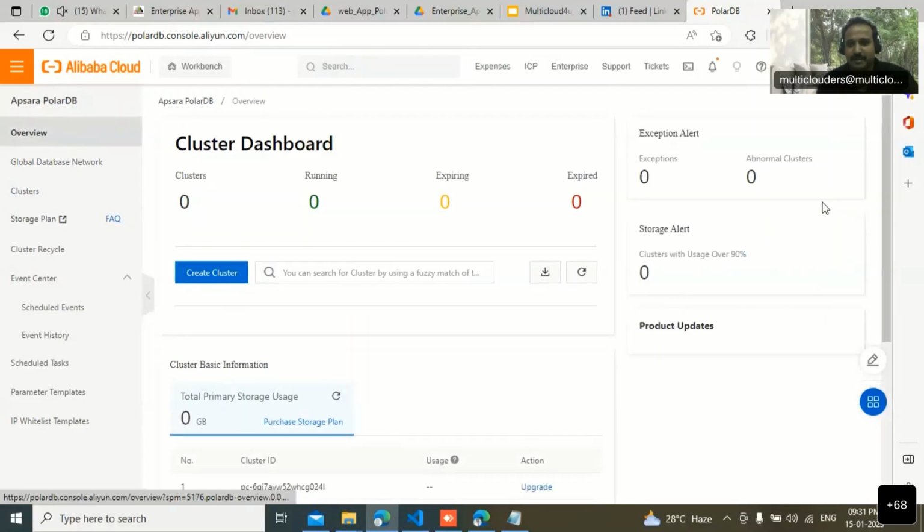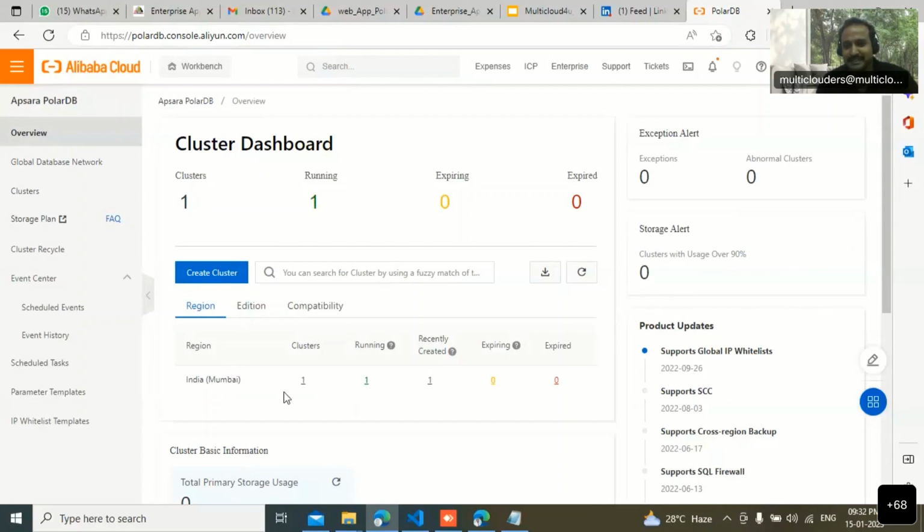Yeah, now you can go to overview. You can find how many PolarDB clusters are created, how many PolarDB clusters are running, and which is recently created. You have to find that. So now you see I am going to